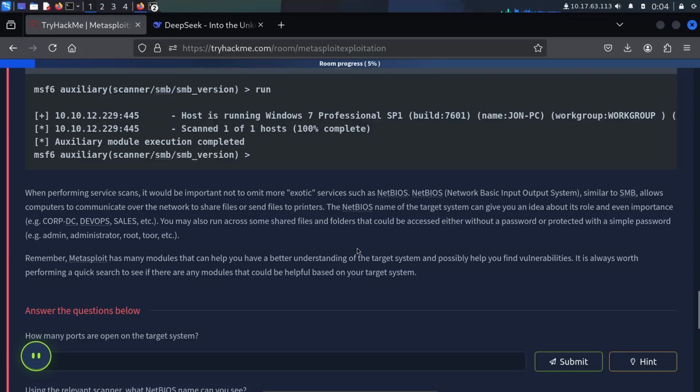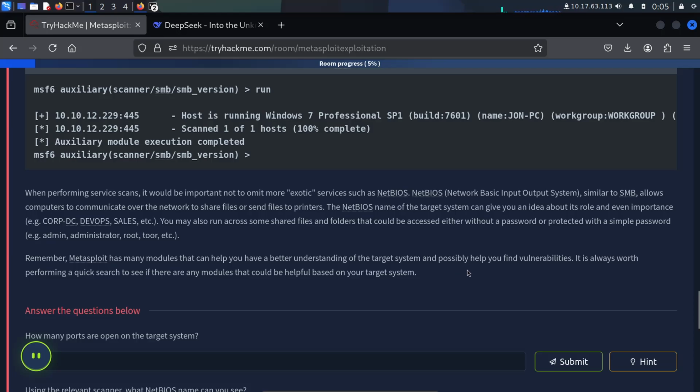The NetBIOS name of the target system can give you an idea about its role and even importance. You may also run across some shared files and folders that could be accessed either without a password or protected with a simple password.